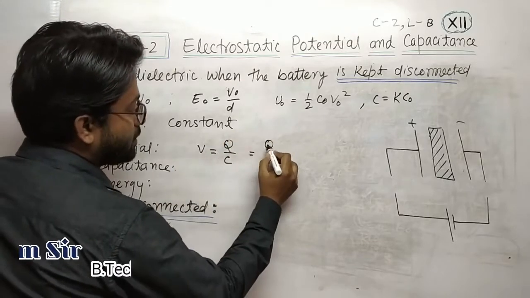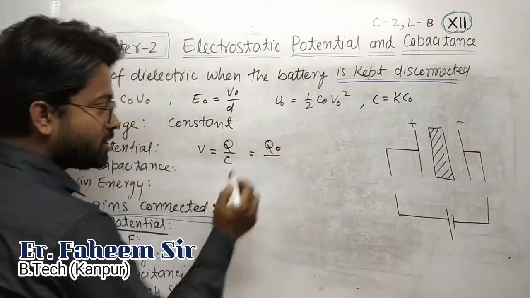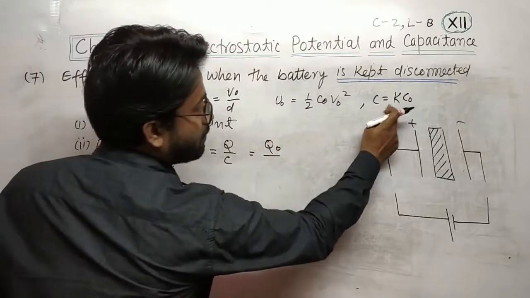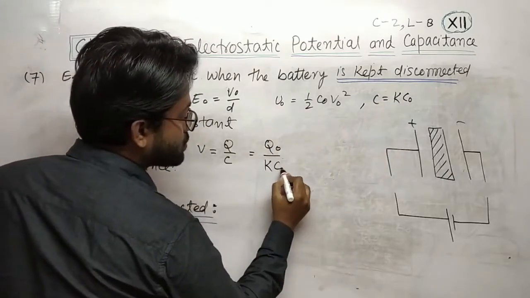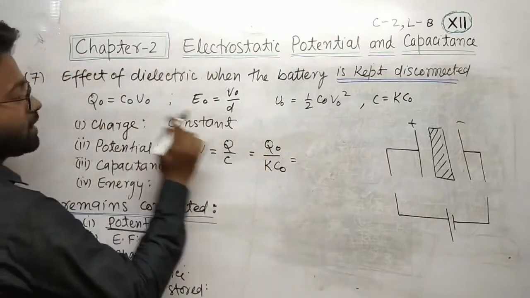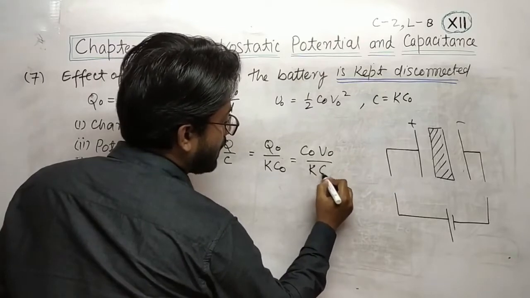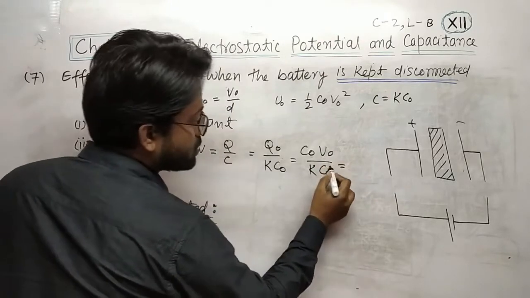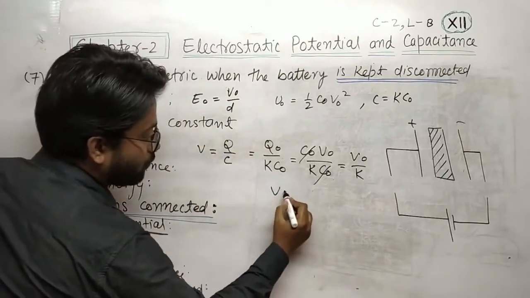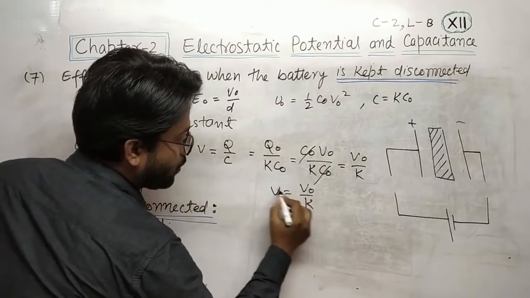Charge is constant, that means Q is equal to Q naught, final charge is equal to initial charge. And for K, in place of C we can write K times C naught, and in place of Q naught we can write C naught V naught upon K C naught. C naught cancels out, V naught upon K. Finally we can write V is equal to V naught upon K,